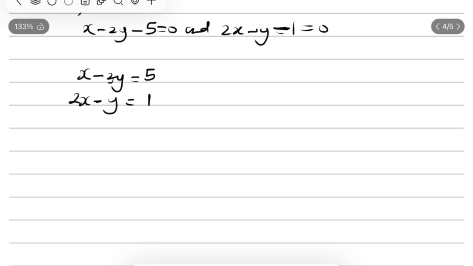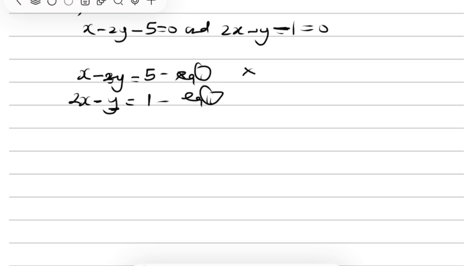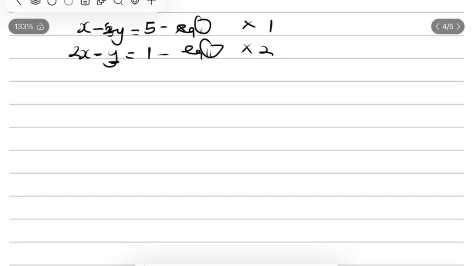So to eliminate, in this case, let's eliminate the y. So multiply this one by the coefficient of the other y. This is equation 1 and this is equation 2. So you multiply each equation by the other equation's coefficient. In this case, the coefficient of y here is minus 1, so we're using this one to multiply this. This is going to give us 1. Let's leave the minus out. And the coefficient in this case is 2, so we are using 2 to multiply this, so that the y's can be balanced, can